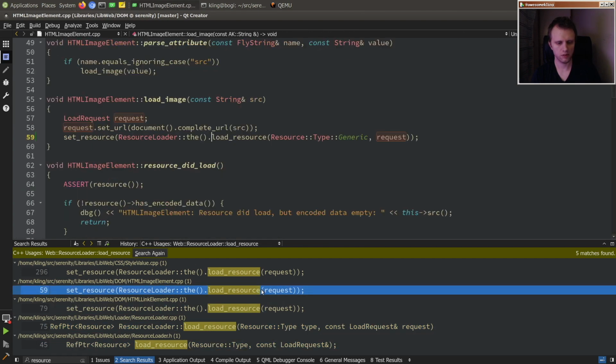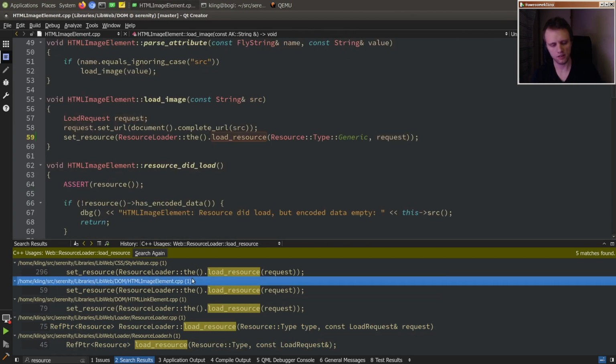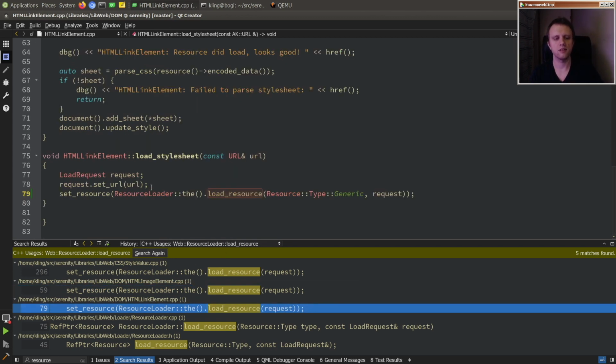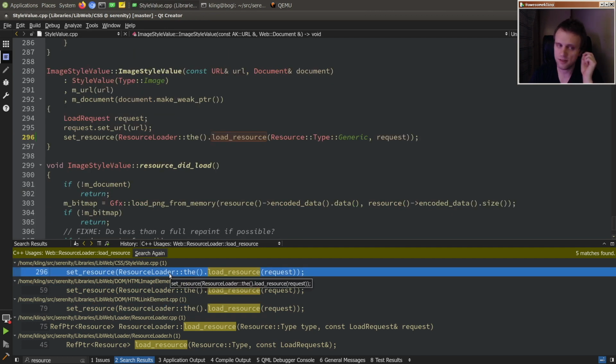Okay, so we don't have that many clients of this API. Since last video, I just made the link element a client of the load resource API and the CSS image style value. So if you have a background image CSS value, for example, then it will now load that background image through the new load resource API. Anyway,